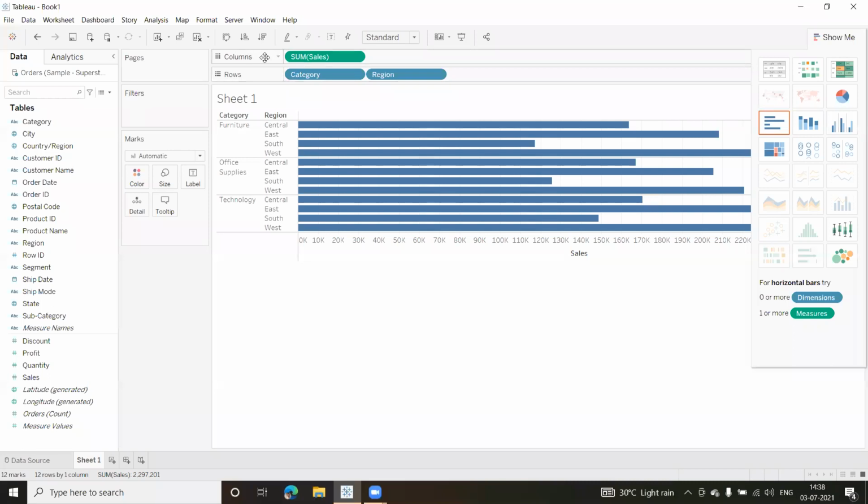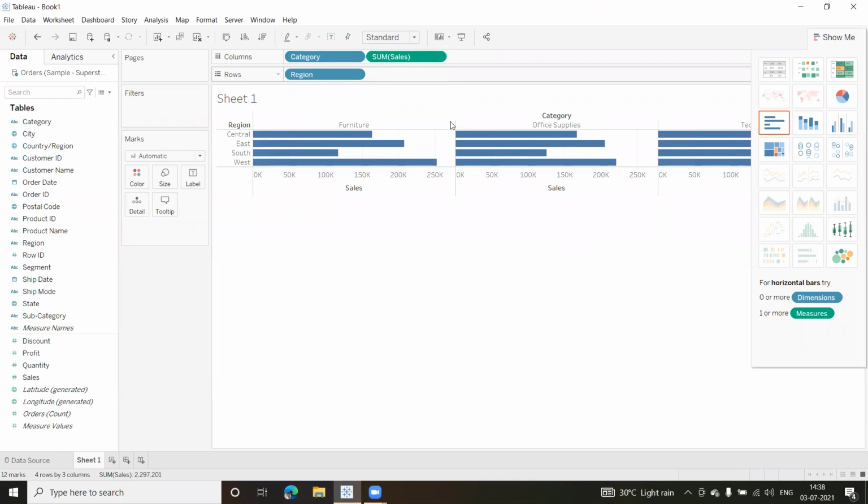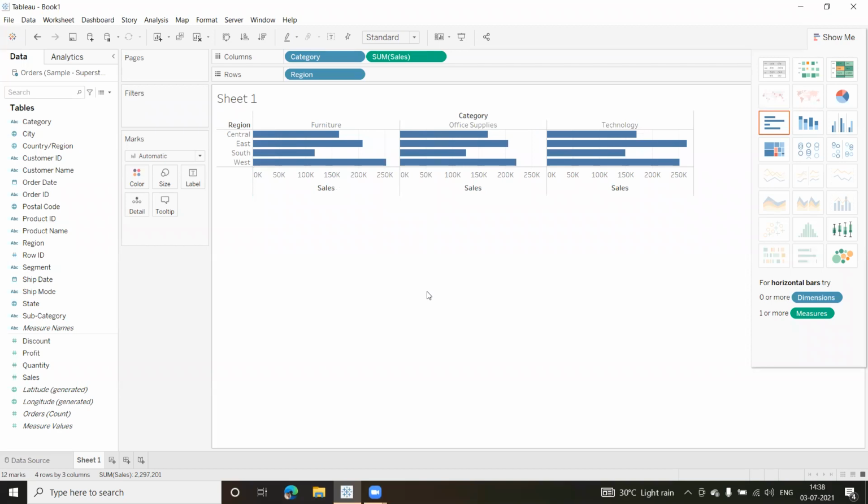You can see in the row I've got the category and the region together now, and the sum value of sales has gone to the column. If I don't want this to happen, you can also change this. Let us say I want category to be in the column, so I can drag and drop it here again. What happens is it changes as per the requirement. So I can just reduce this. Fine. So what has happened? Because I have moved the fields from the column